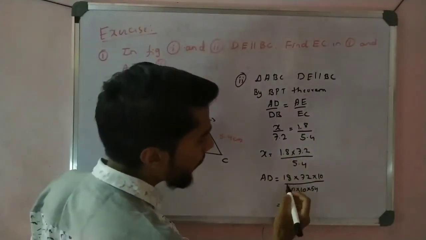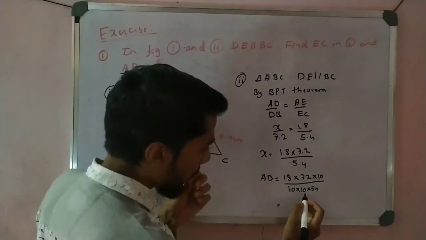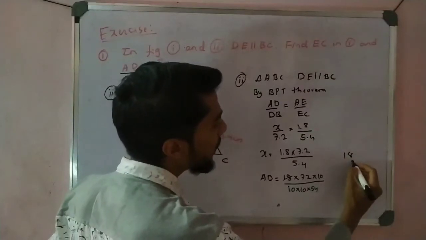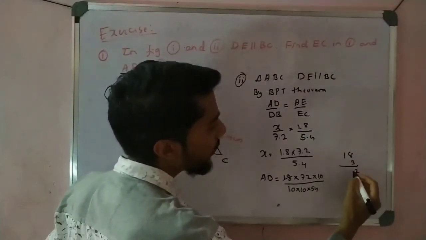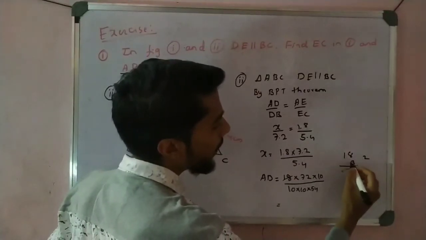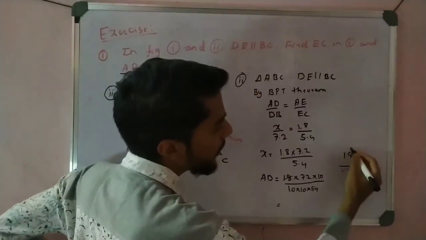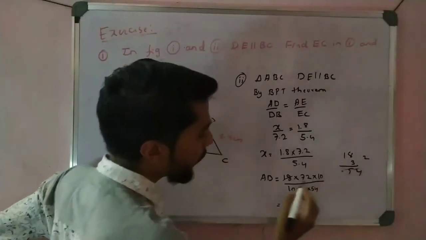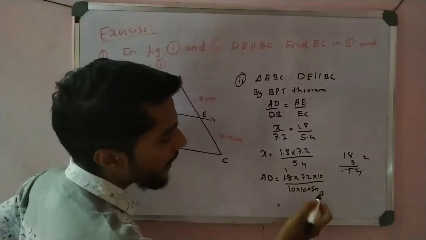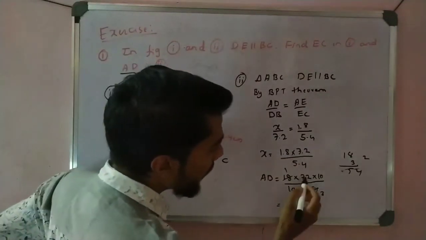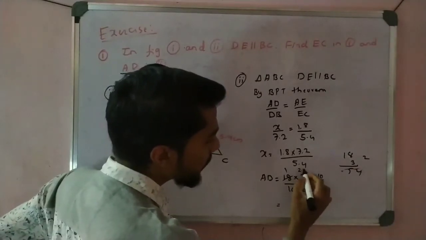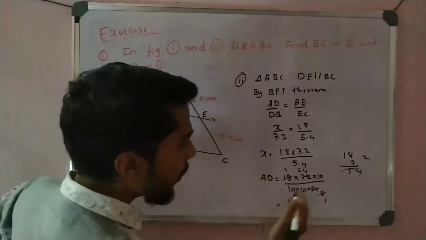Now cancel 1 by 1. So we get, see here, 18 by 3, how much is it? 18 divided by 3 is 6. And 54 divided by 3 is 18. Now see here 72, it is cancelled by 3: 3 times 2 is 6, 3 times 4 is 12. Careful. Now how much do we get?